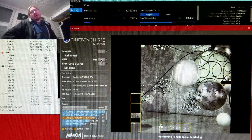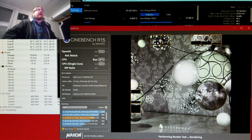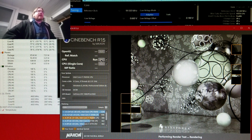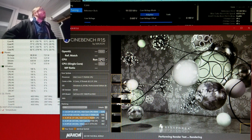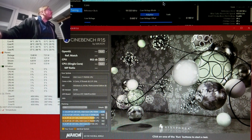This is what we're probably power throttling right now. I can't see because it's behind the XTU, or it's behind the Cinebench reading, but our clock speed's only at 4.6 to 4.9, so that tells me we're at the current limit. We got 952. We actually went higher,